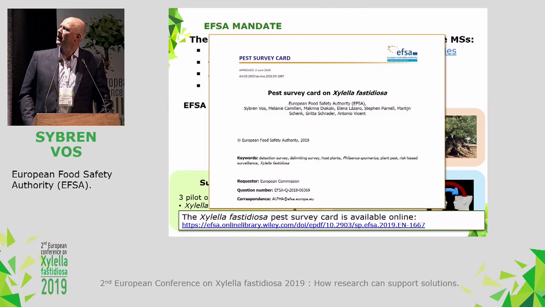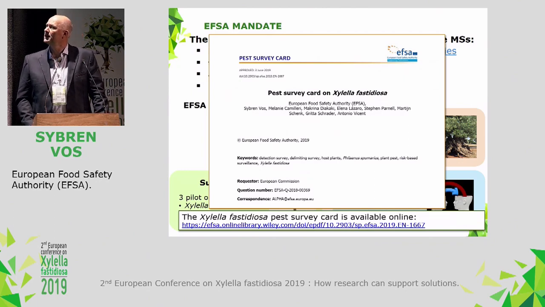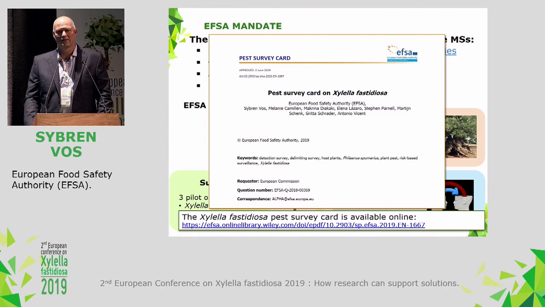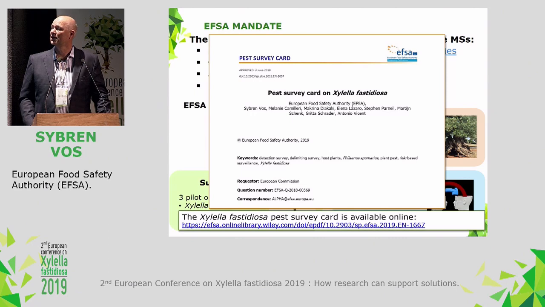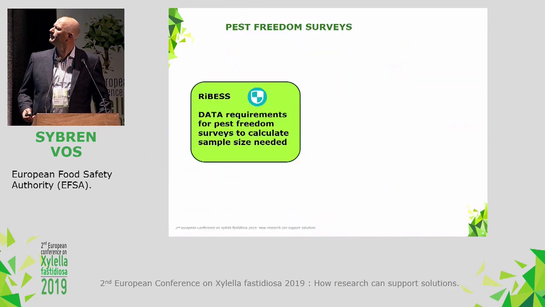The pest survey card for Xylella fastidiosa has already been published and is available on the EFSA website. The objective of this pest survey card is to provide the key information and guidance necessary to gather the information that is relevant for performing surveillance that is risk-based and statistically based. And to do that,